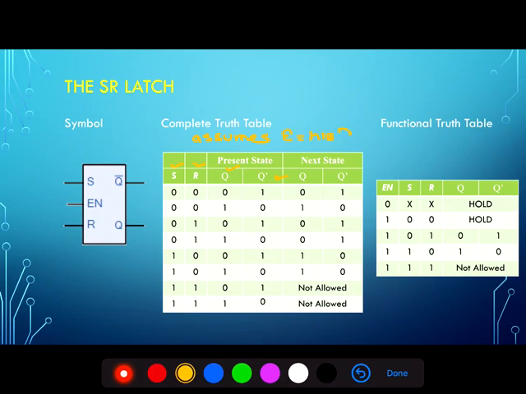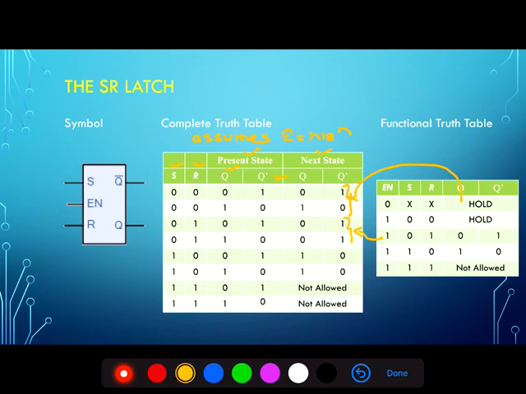For S and R equal to 0, we know that's our hold state. So the values of Q and Q0 in their present state are identical to that in the next state. When S is equal to 0 and R is equal to 1, we're in a reset state,